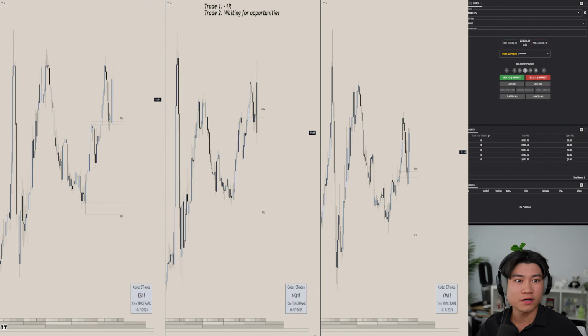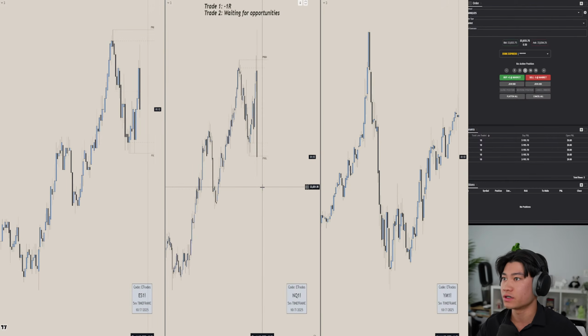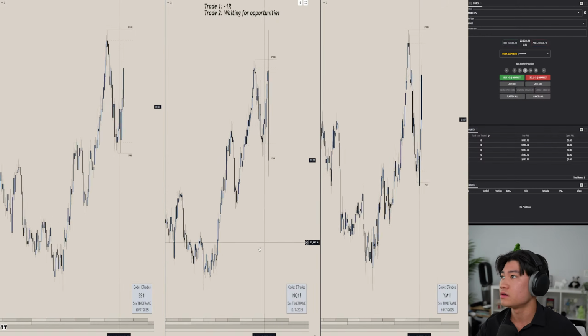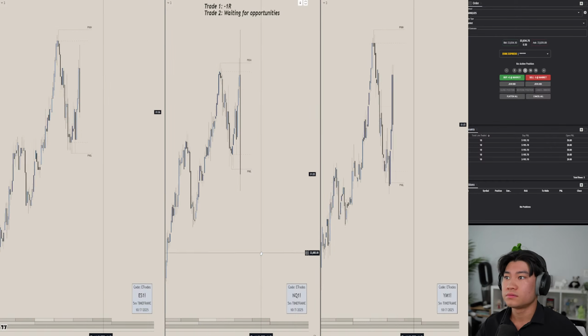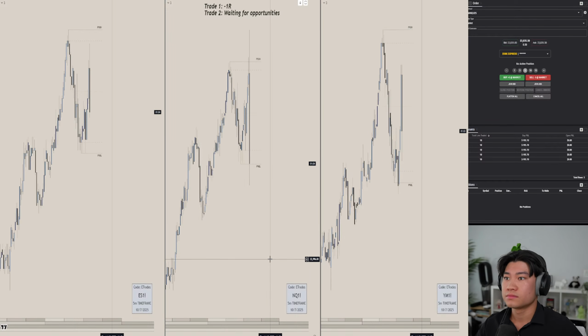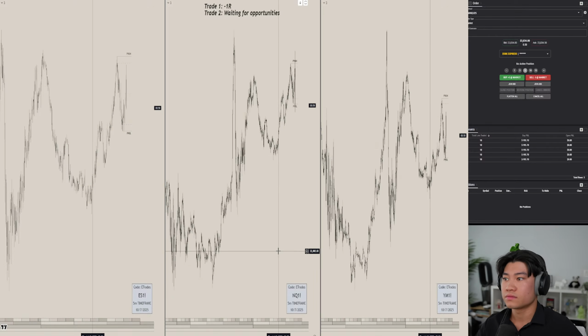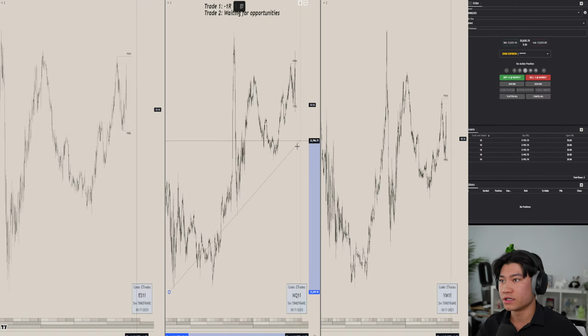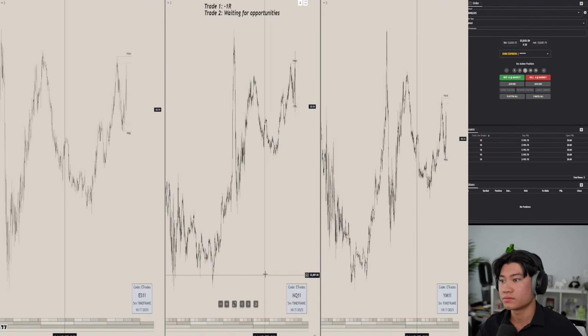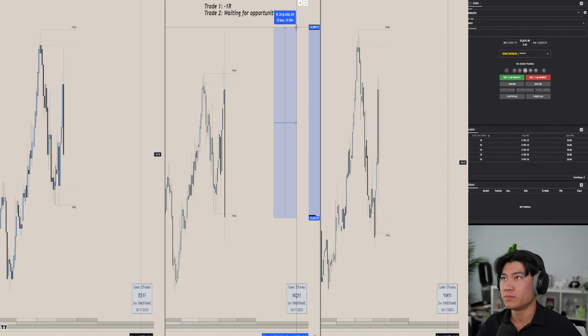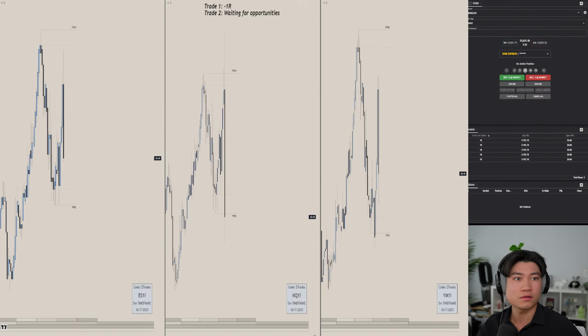So in 1 minute here, I think I might actually just go for a short. If that doesn't work out, then I'm probably just going to be done for the day. And then I'd be targeting some sort of sell side down here. How many points is this though? 50 something.